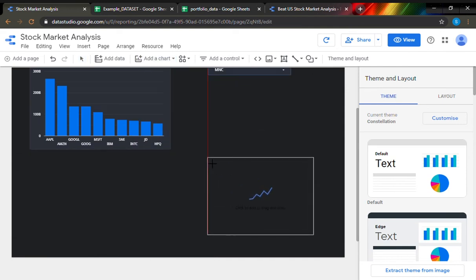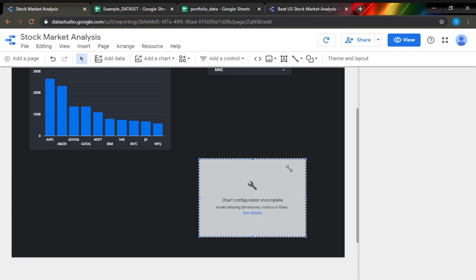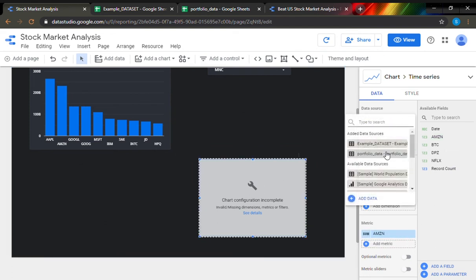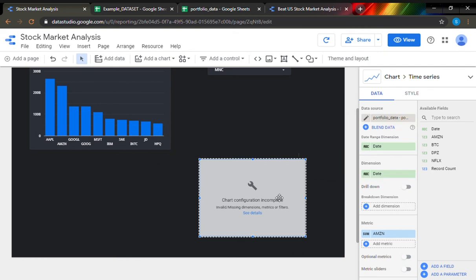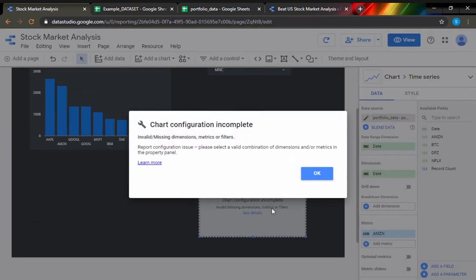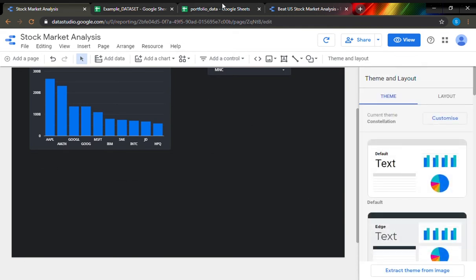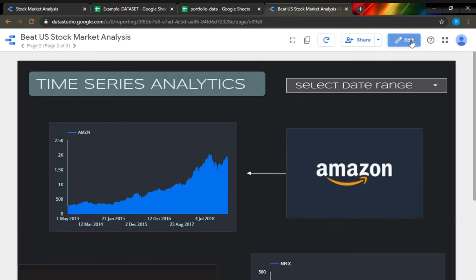Let me click it here. Now that data is already there, we have to select this date and this date. We can add here, I will show here.